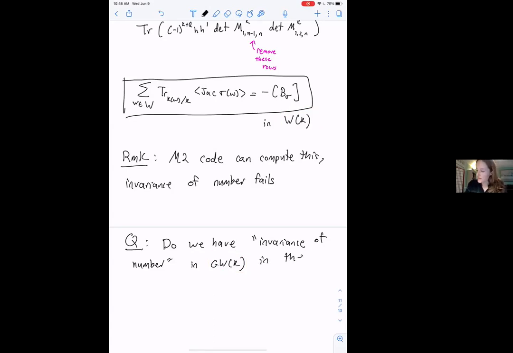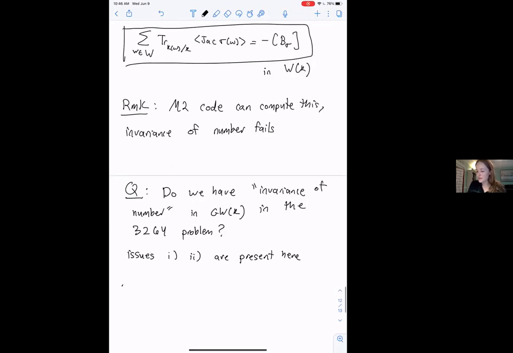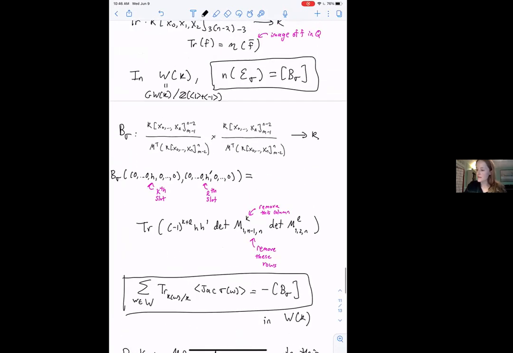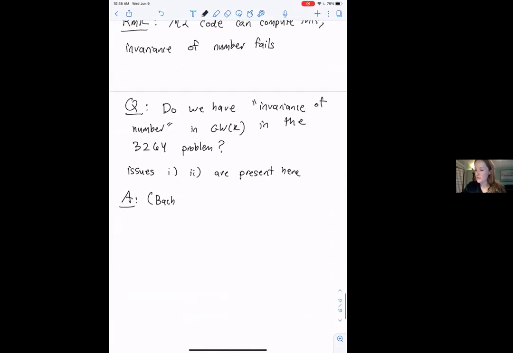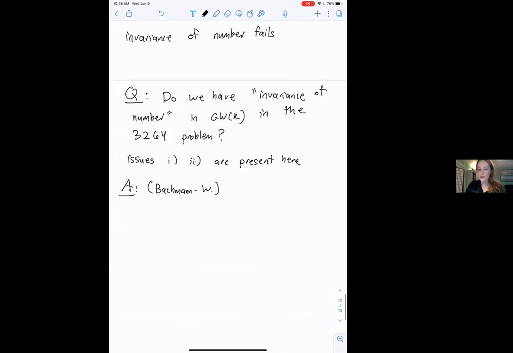In the 3264 problem, issues 1 and 2 are present here. So this was, how do you compute the contribution from the excess? And this is, hey, the excess isn't even regularly embedded. But the answer is yes. So this example here is part of the joint work with Tom Bachmann that this talk is on, and so is this answer here. So yes,